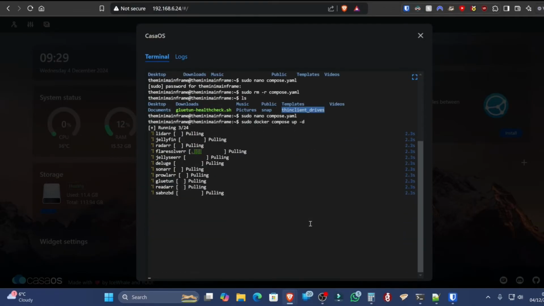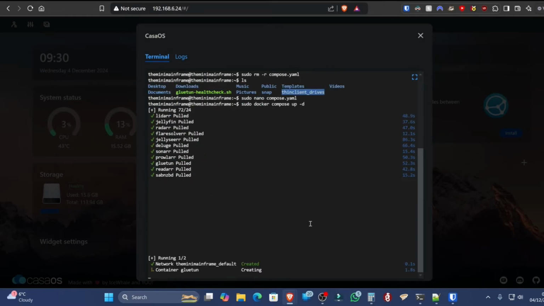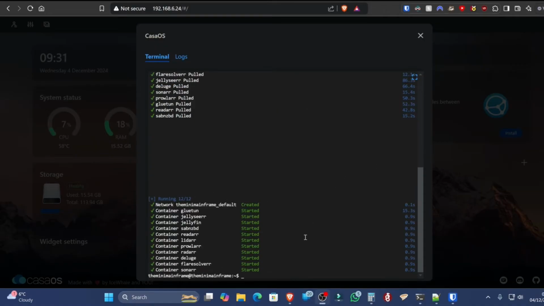As you can see, it's now pulling all those images down from the internet, and then it'll start to spin those up for us. And that's created those containers, and it's creating the network as well. Now, the other reason why we're keeping these containers and services together in the same compose file is due to a unique issue with Gluetun. Well, technically it's an issue with Docker. There are a few workarounds, but